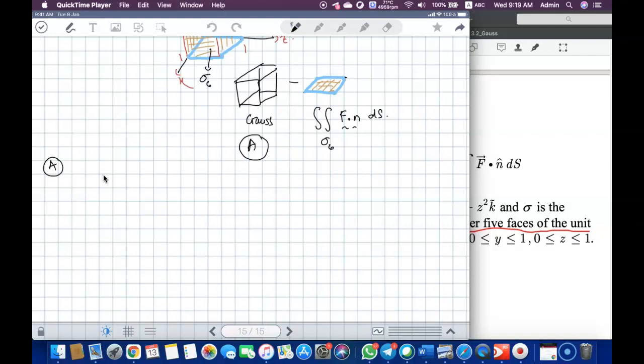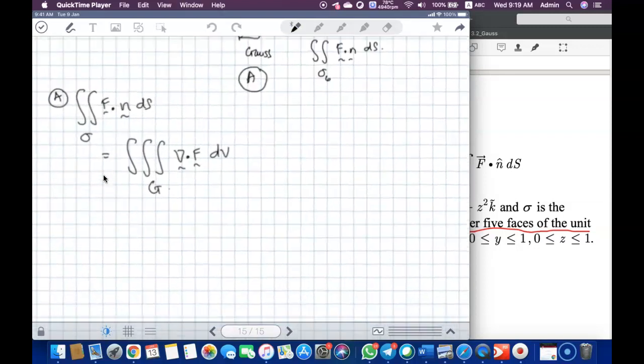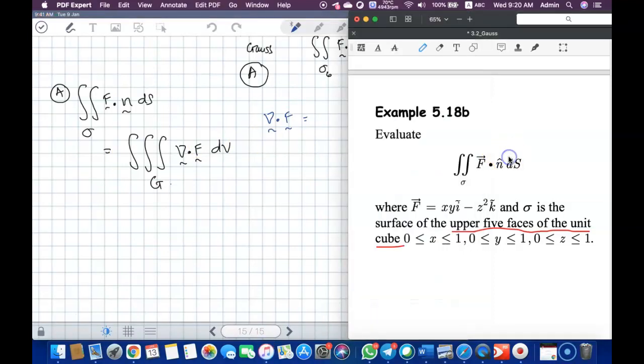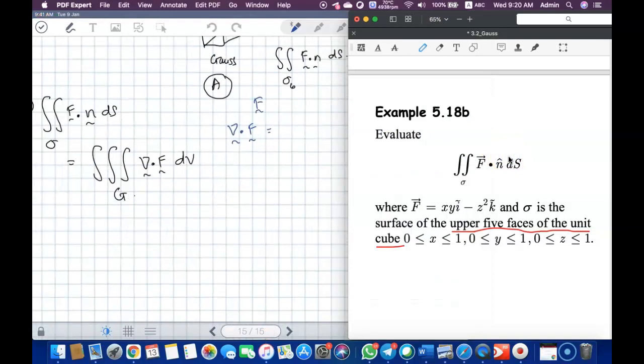So for that, as we know, the surface integral using Gauss for the whole surface sigma can be evaluated by using a triple integral of the divergence of the vector field over the solid G. So for this, we have to find out the divergence of F. So for this, what is F given? F is given by